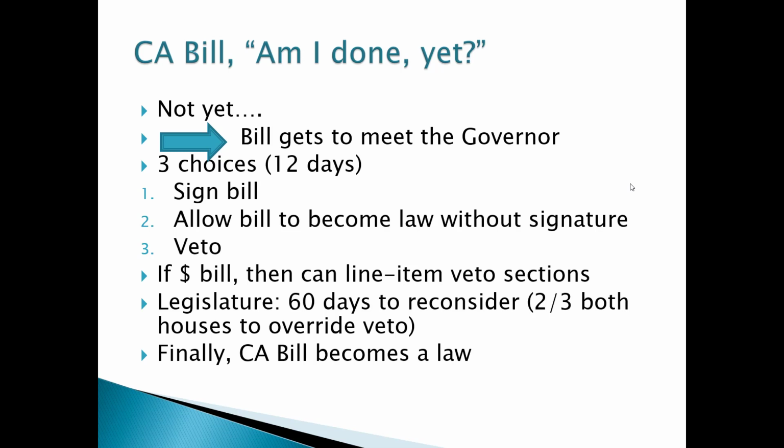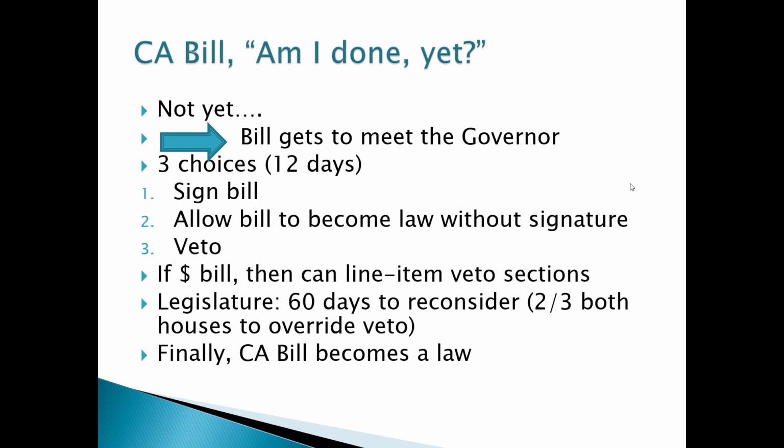If it doesn't get that 2/3 majority vote, the bill dies, or it may never even come up for a vote. Oftentimes, if the vote just squeaked by the first time and they realize, hey, we're not going to get this 2/3 majority, the governor's vetoed it, the head of the Senate or the head of the Assembly just recognizes it's not going to pass. They may just let the bill die as well. So it can either die by just not coming up for a vote, or it doesn't meet the 2/3 majority. But if it does pass that 2/3 majority, then they've overridden the governor, and the bill becomes a law.